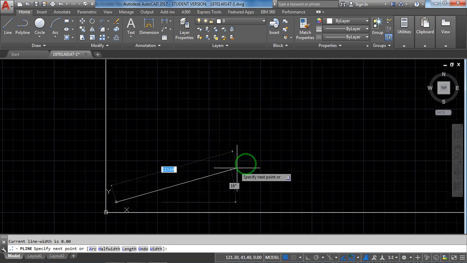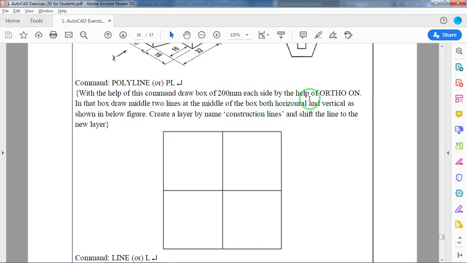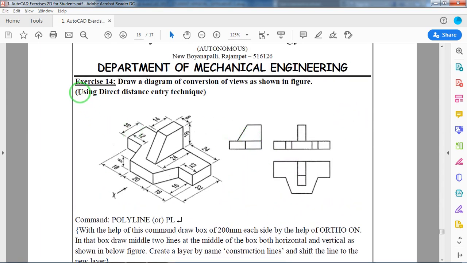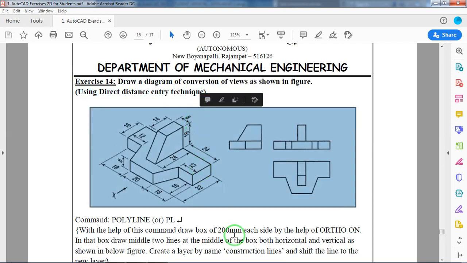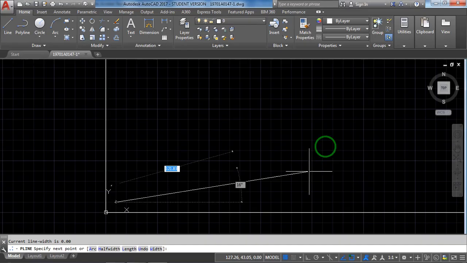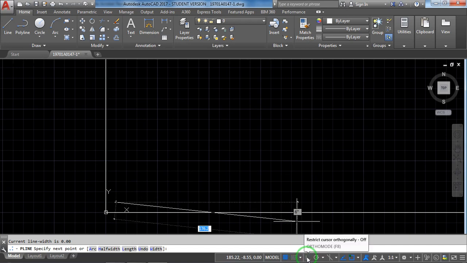Now from here, what you are supposed to do is draw 200 mm with the help of ortho on, which is useful for the direct distance entry technique. How is that? Look, ortho on. Here are two things: ortho mode and polar tracking. Shortcut F8, F10. Ortho on.